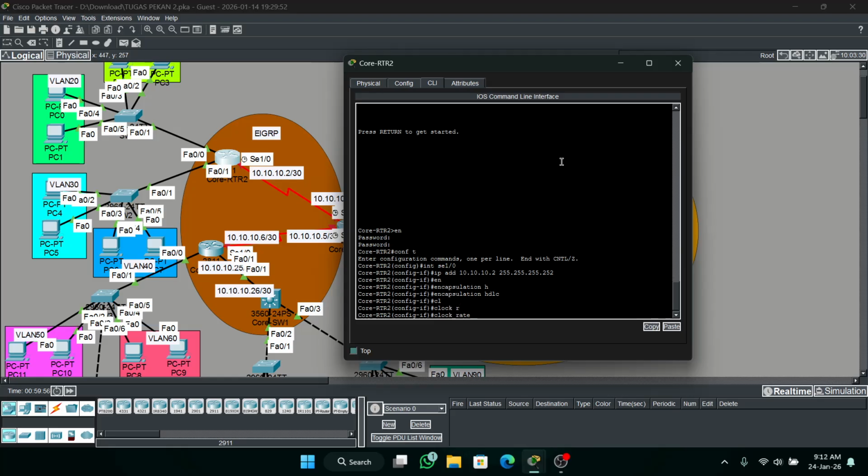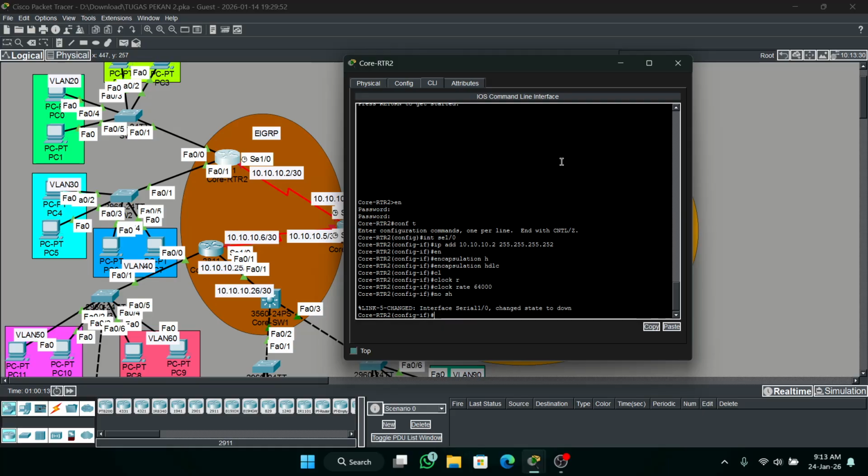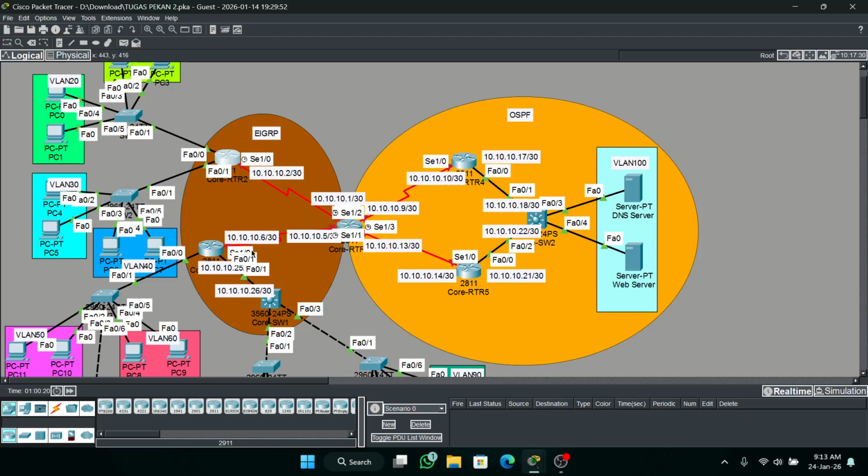Then clock rate, type here. This is important because if you do not configure it, the port will not turn on. 74,000. Then no shutdown. Okay, this is still down until the friend's port is configured the same.